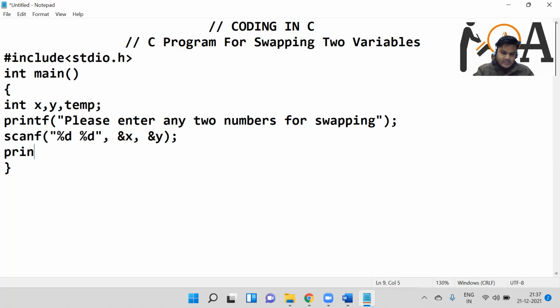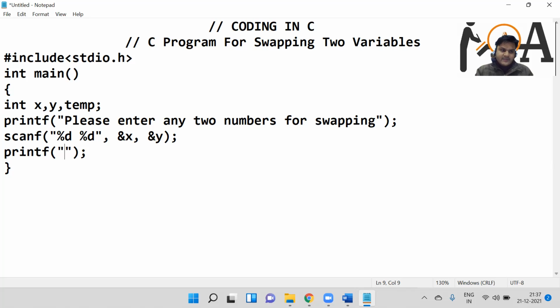And just after that, I am writing one more printf statement to make it user friendly, so that when the output is on the screen, clarity would be more, right?